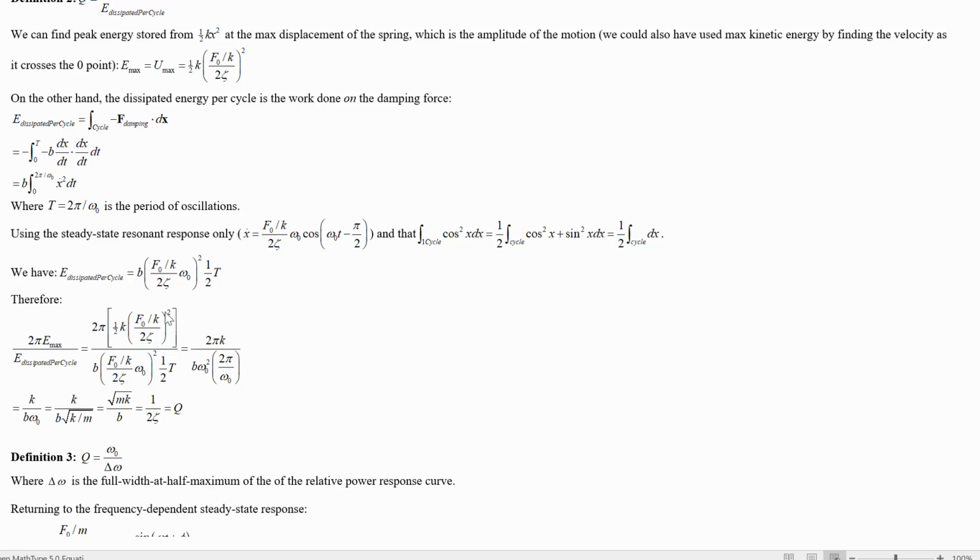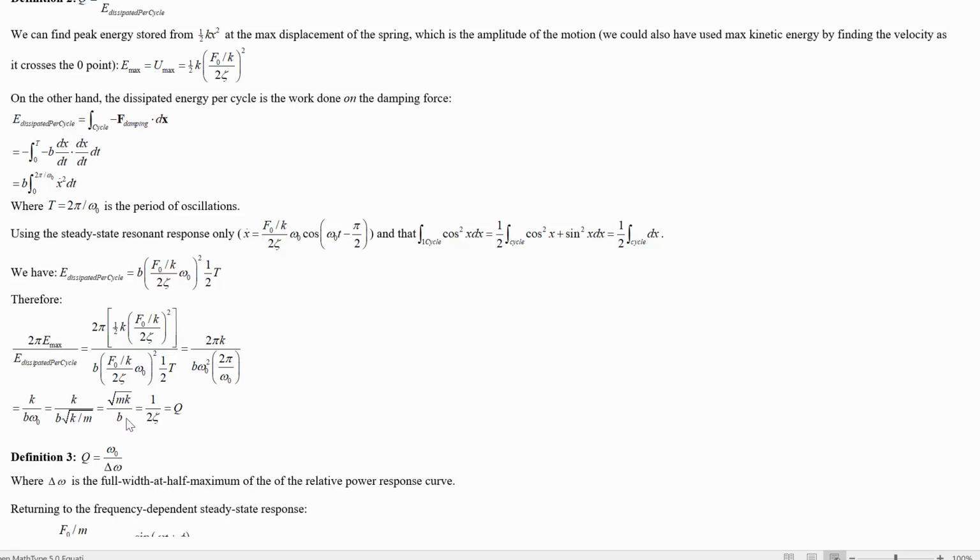There's a k, and there's a k squared and an F0 squared that cancel. The zeta cancels. We're left with an omega naught squared. The b is still sticking around. The T turns into 2 pi over omega. And then we can cancel one of those omegas. We can cancel the 2 pi. We're left with a k over b and the 1 omega left. That's it. Okay, so then omega becomes root k over m, and we can rewrite this a little bit more, root mk over b, but